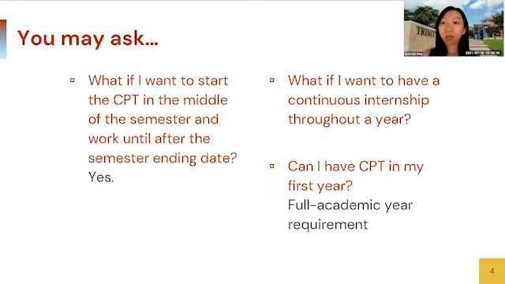So there is another kind of CPT, which is part-time CPT. Under the CPT definition, part-time means working less than 20 hours per week. And you can use part-time CPT as many times as you want. There's no limitation. If you got one job that is under one of your majors, you can use that major to apply for the part-time CPT,